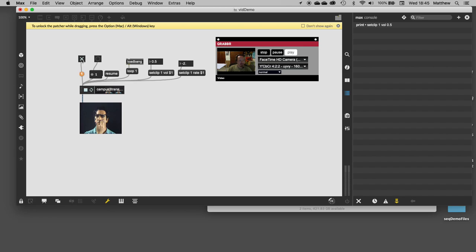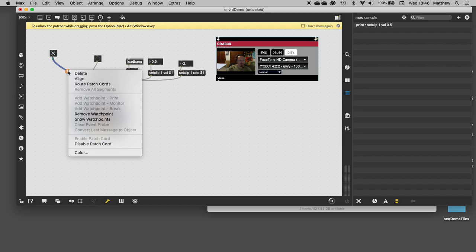Whenever data flows through that chord and hits that watch point, it's going to have a little pop-up that tells me what value it's getting. So when I hit this, the 0 comes through, the 1 comes through. Those can be really helpful for you to quickly see what is actually flowing through this. Is what I think is going through the chord what's actually going through the chord or not? And then if you get to a point where you don't want those anymore, you can remove the watch point